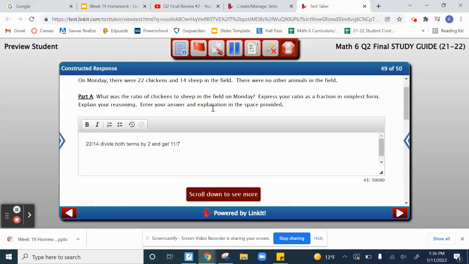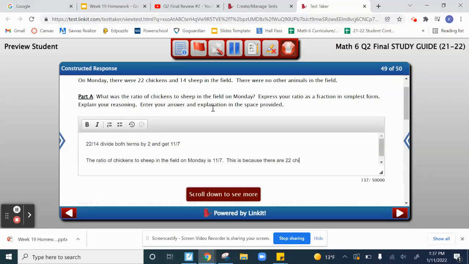So I'm now going to make a restatement. The ratio of chickens to sheep in the field on Monday is 11 over 7. This is because, so that was my restated answer. Now let's do our explanation. This is because